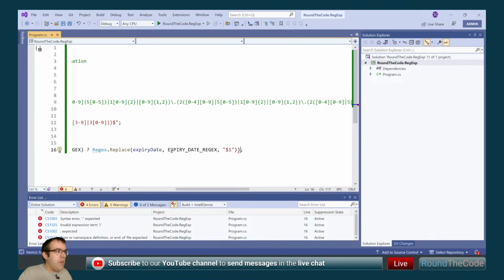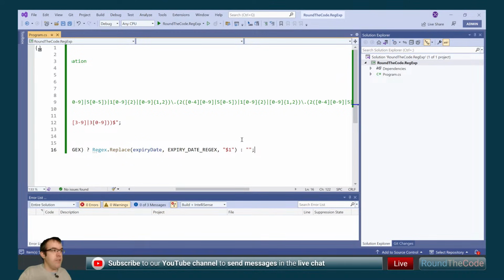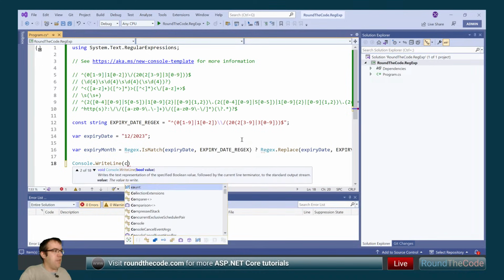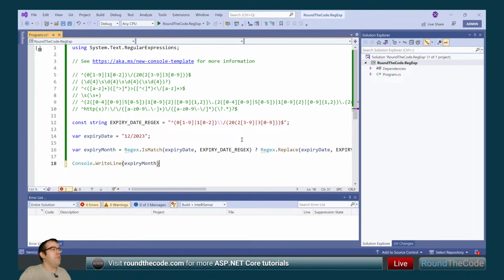So we've done that. And then we can say if it's not valid, then we just return an empty string. And then we're just going to output that. And to make sure that it works,